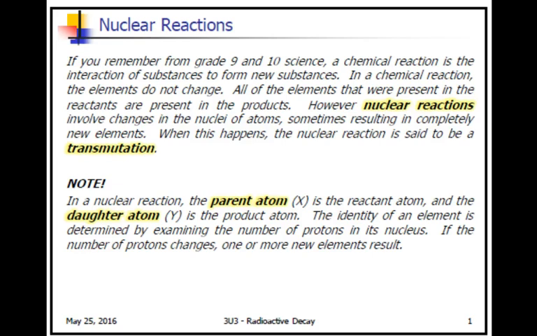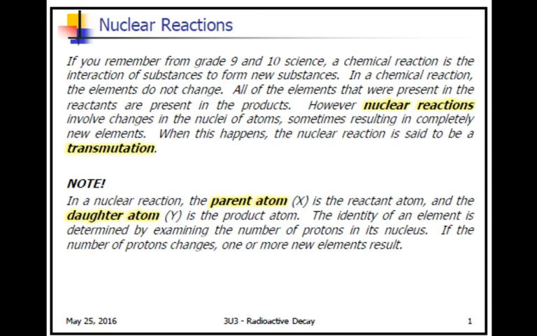So we will use a capital X as our parent atom and capital Y as our daughter atom. So X is the reactant, Y is the product. Note that they are not referring to any specific elements, X or Y. We're just using them as general elements, and you'll see what I mean when we write down some of these